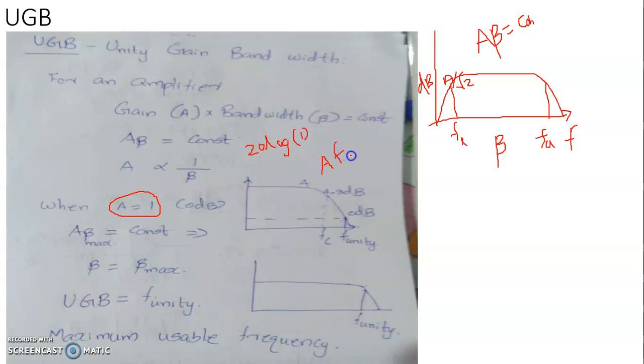Now suppose I am interested in constructing an amplifier configuration with maximum possible bandwidth. Then the gain must be minimum and it must act as an amplifier. For such a configuration, I require the gain to be, say, 1 in fraction or 0 in decibel. At that time, the frequency must be increased. This frequency is taken as a cutoff frequency. So here the gain is 0 decibel and this point corresponds to say minus 3 decibel, 0 minus 3 dB, that happens to be